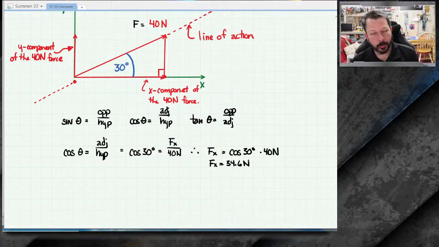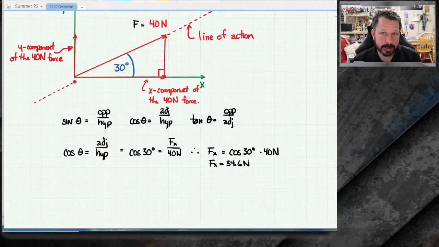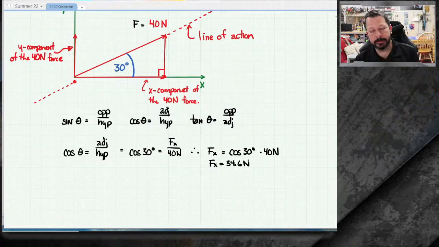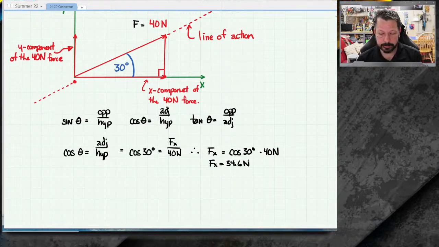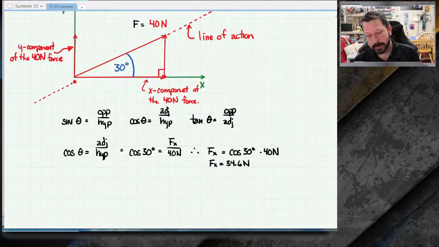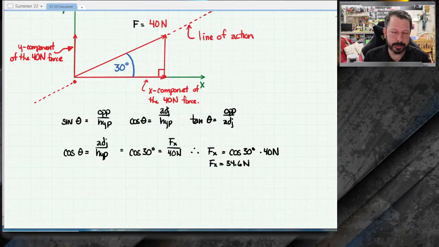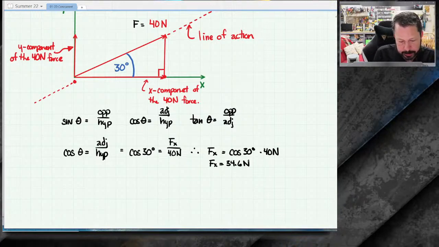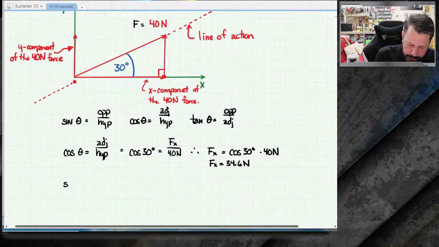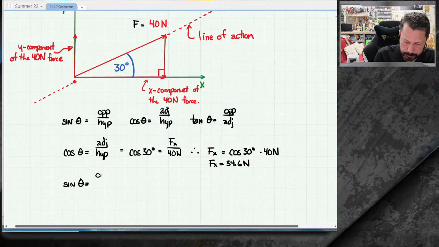So that's one good thing about drawing your diagrams relatively accurately, is that you can get visual information that helps you confirm or look for mistakes in your calculations. So let's calculate our y component and see if we get somewhere around 17 newtons. We would do the same exact thing, except now instead of a cosine, we would use sine of theta is equal to the opposite side